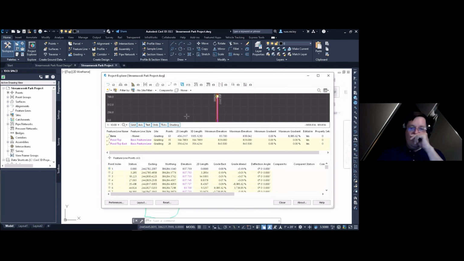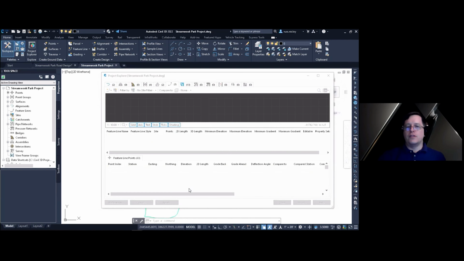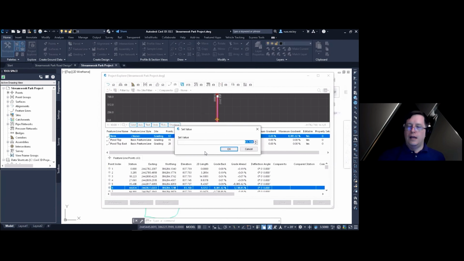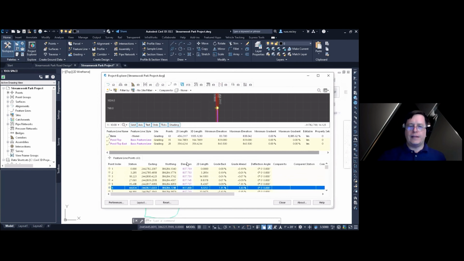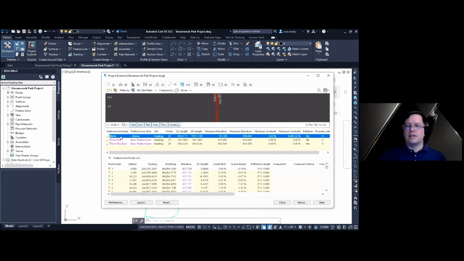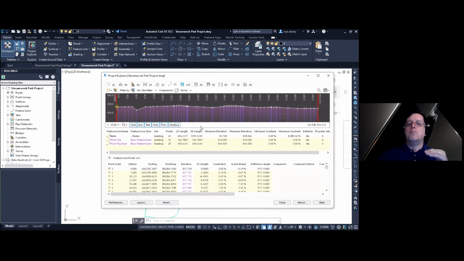And I can't think of a better way to quickly let me know that there's a problem here that needs to be investigated. So for this, I'm going to go down into the sub-object table, kind of scroll through here and realize, oh, wait a second, I see right here somebody has entered this incorrectly or snapped it to something incorrectly. I'm going to type in 837 and bring that in. Now I'm going to click off to the side and back on it, so it brings that back up much closer to what I'm expecting to see. However, it's still communicating to me that there's something not quite right. There is still kind of a drop down over here, and I know there's no drainage, no weir, or no drop down in my berm, so I'm going to have to go in and fix that as well.